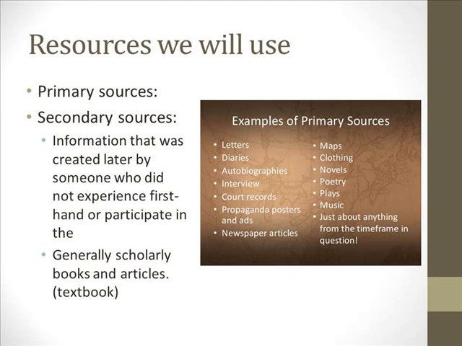There's really, in history, two main things that we use. One is called primary sources, and the second one is called secondary sources. Very, very thoughtful ideas of how to name these two things. And I'm going to jump to the second one first. Secondary sources are the ones that mostly people have used in the past when studying history. This is information that was created by someone after the fact who did not experience firsthand or participate in the concept that happened, whatever it was. So the event may have occurred, and somebody wrote about it afterwards.